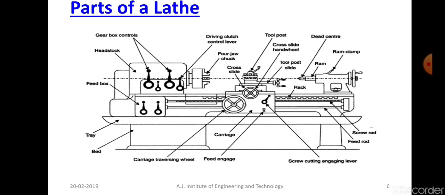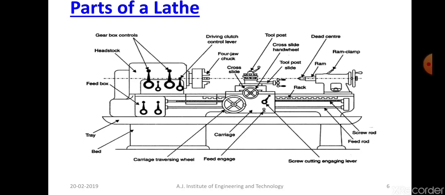Okay, so on top of that there is a tool post in which the tool will be placed, and the tool will be stationary here. The tool won't be rotating. The tool will be made only to move perpendicular to the lathe machine. Okay, so the workpiece will be fitted in between the chuck and the dead center of the tailstock. You can see the axis showing there. In that axis the workpiece will be connected, and the tool will be made to move perpendicular to the axis of the workpiece.